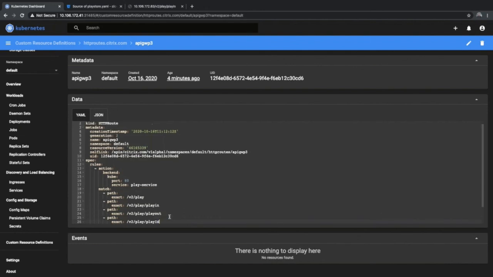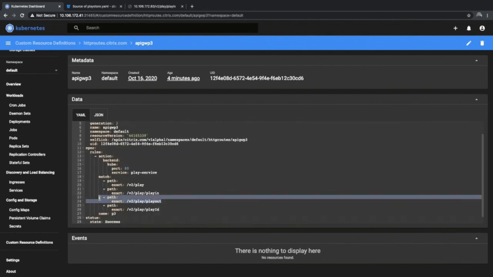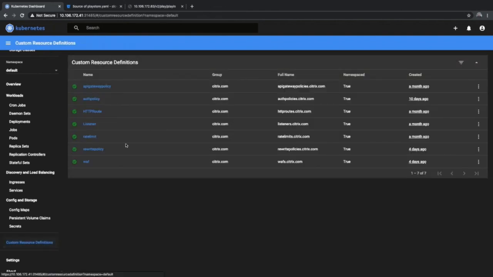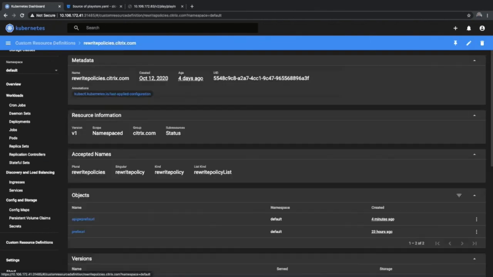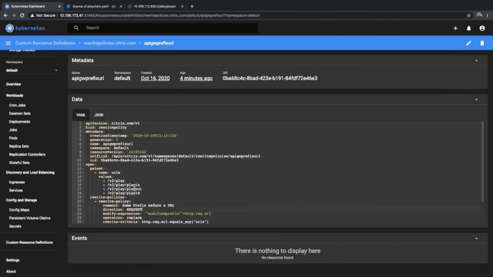Yeah, here you can see our new API playout. The route is set for that, and it says for this pattern, apply that to play service. Okay, and let's look at whether the policies are also updated with that. You could see in our rewrite policy, playout is added to that.